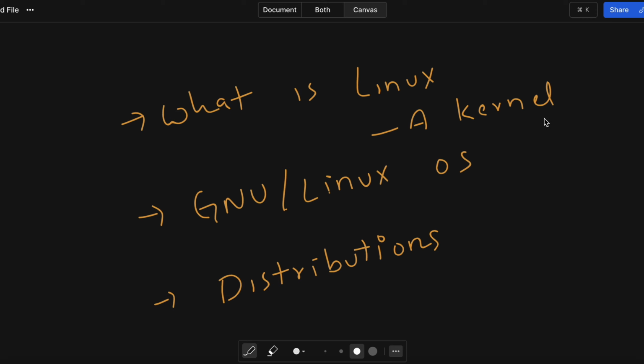So to conclude the video, we have looked at what Linux is. We concluded that it's a kernel, and after that we looked at the history of Linux and GNU, and how they came together to be a fully functioning operating system. After that we looked at kernel space, user space, and hardware space, and then we tried to make sense of the distributions by using the car engine plus body example. So in short, that is the conclusion of this video.